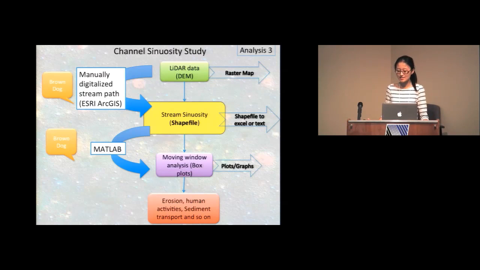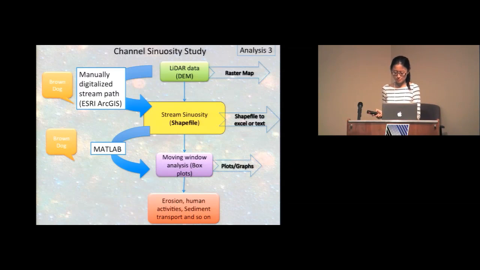My third analysis is called sinuosity. Sinuosity is also an important hydro index. Again, my input data is also LiDAR, and I manually digitize the streamlines along the map, and I run the tool in ArcGIS a little bit, so it will generate a shape file, and I export the shape file